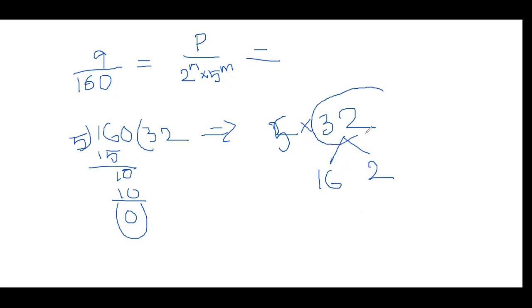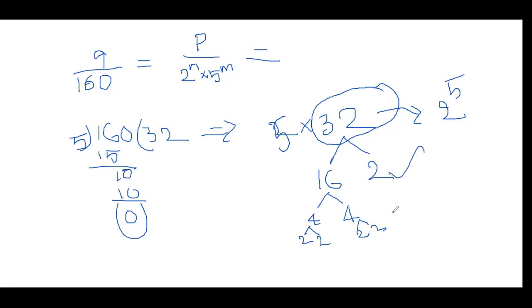Otherwise, if you are good in mathematics, good in calculation and simplification, then you can simply write 32 as 2 to the power of 5. If you multiply 2 five times, you will get 32 only. Otherwise, if you are a beginner, check again. 4 fours are 16, and 2 into 2 for this 4 and 2 into 2 for this 4. Now count how many 2s are there: 1, 2, 3, 4, 5. 2 to the power of 5.